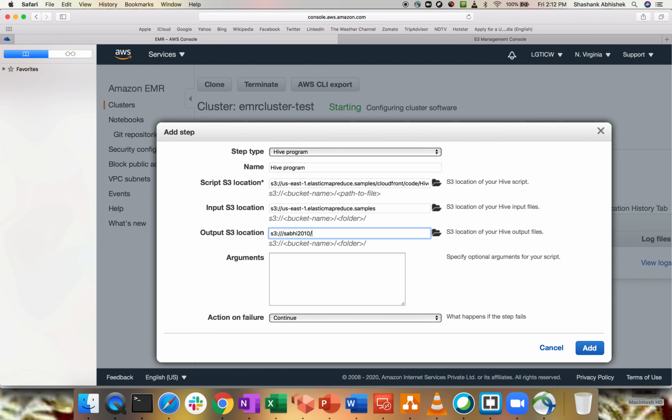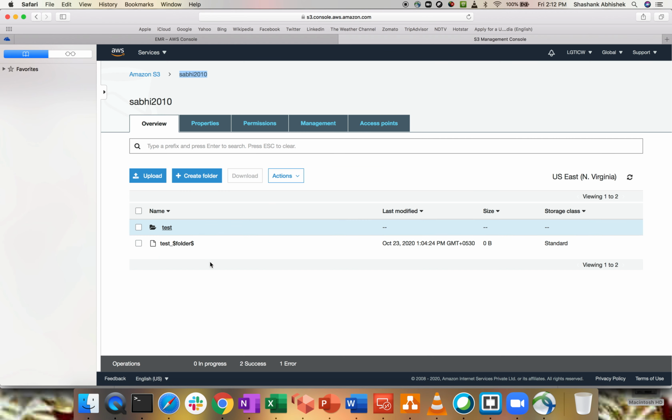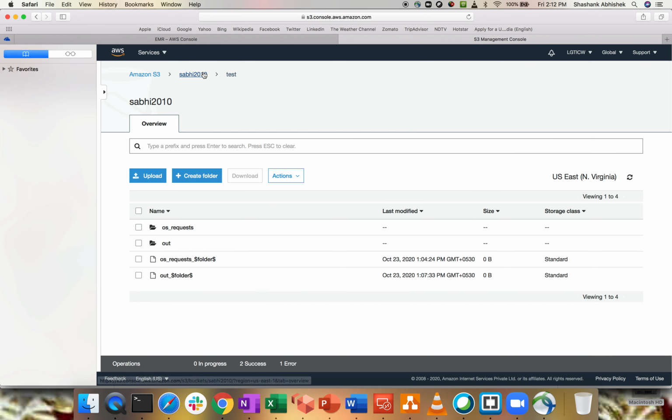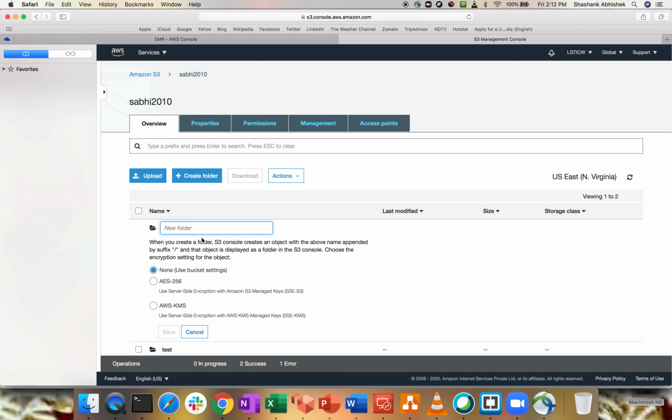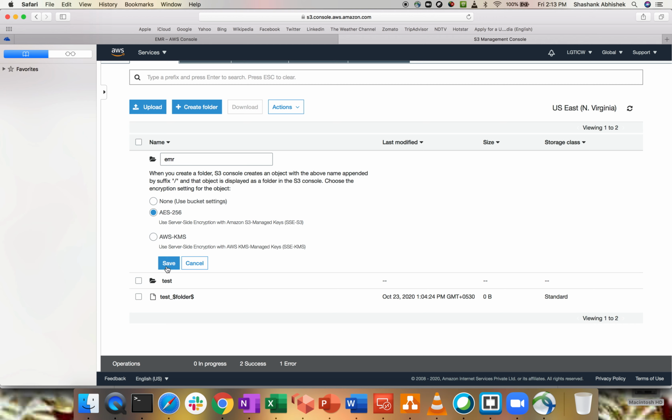Within this, do we have any folder? We have a test folder which already has some data. So let me create one new folder, test2, or let's say EMR, AES256, save.